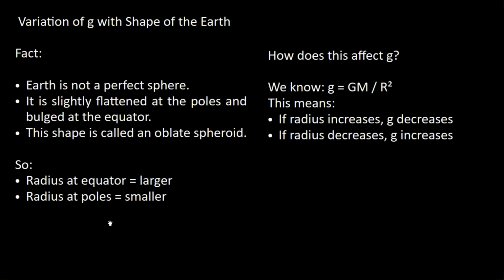Technically, Earth is not a perfect sphere. It is kind of bulged along the equator and flattened along the pole. So if this is our equator, basically,